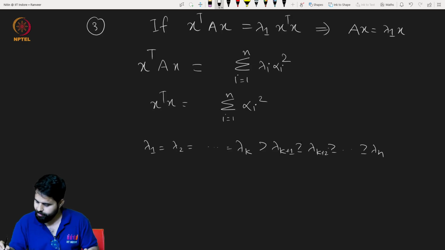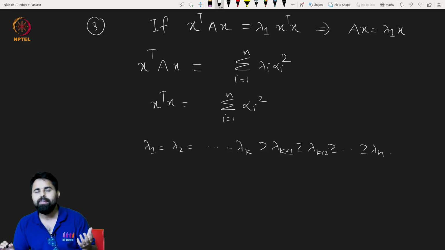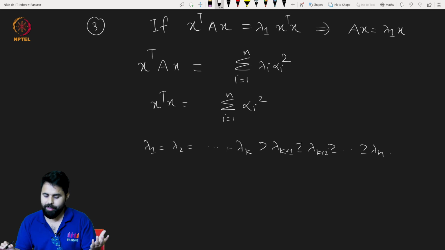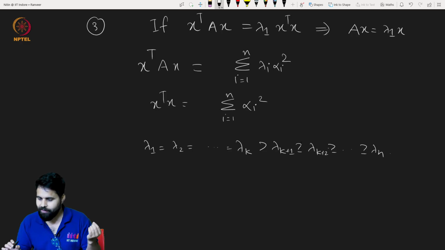Okay, by the way, when eigenvalues are repeating, we call it the multiplicity of that particular eigenvalue. For example, here the multiplicity of the largest eigenvalue is k, because lambda 1 is repeating k times. To be precise, we call it algebraic multiplicity, the number of times an eigenvalue is repeating. And we have to prove that x is